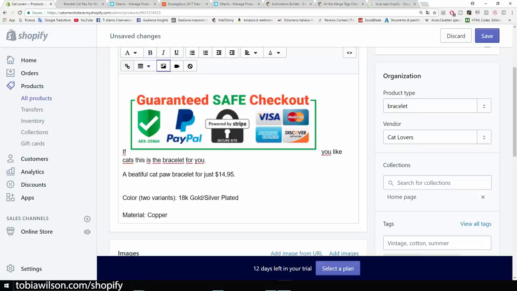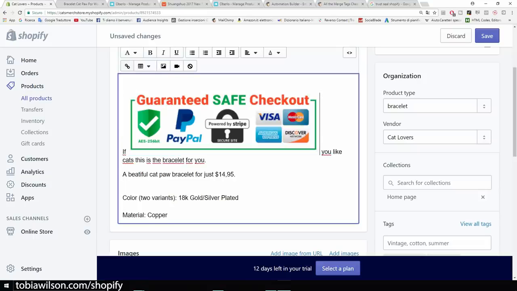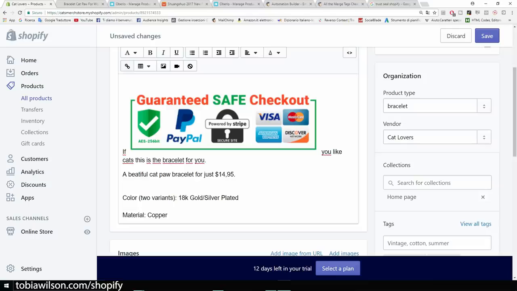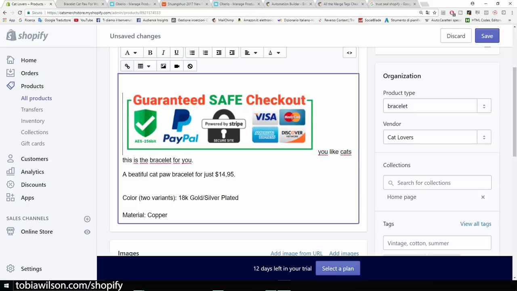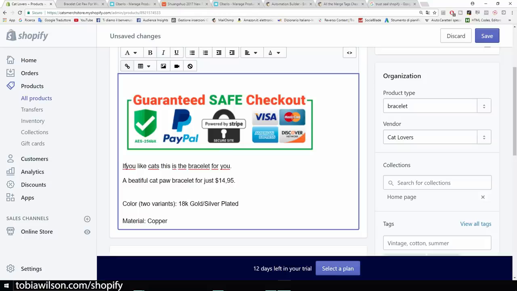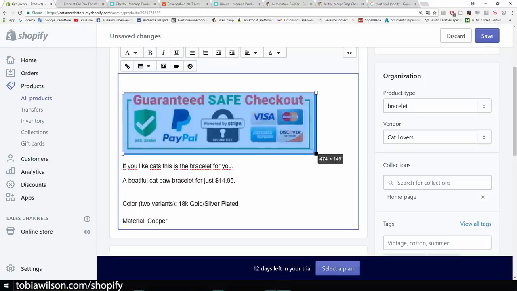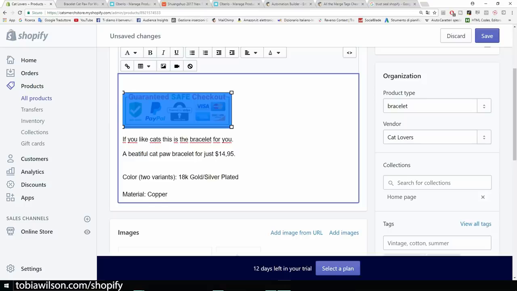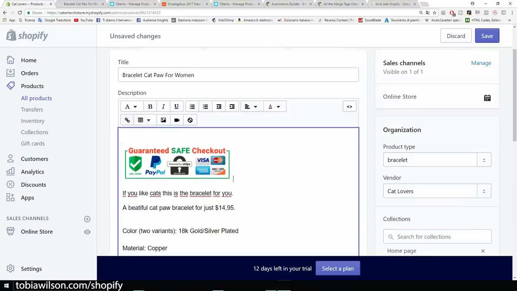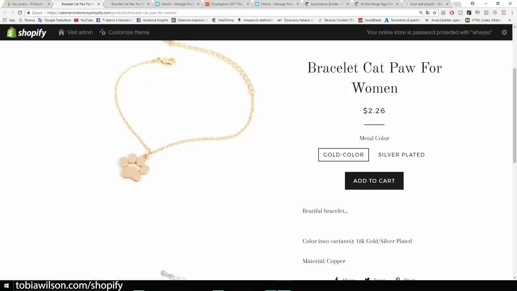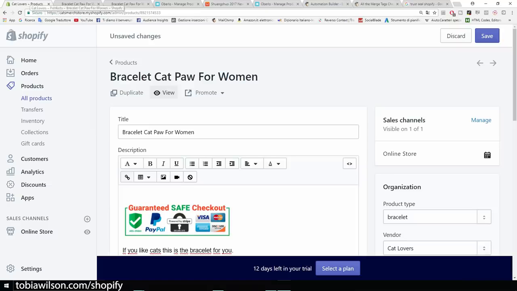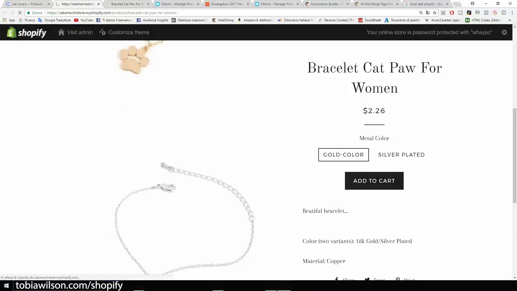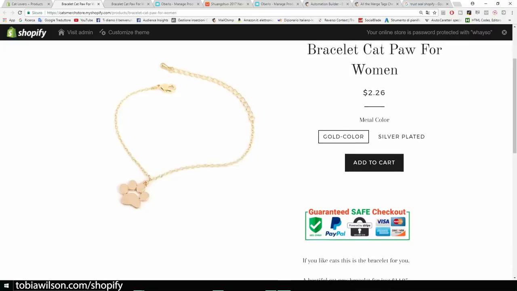Alright, right now it's gone in the middle of the text and I don't like this, so let me fix it very quickly. And then it's also too big, so we want to make it smaller. Guaranteed safe checkout. Let's check out the page. So we didn't save, that's why it doesn't appear. So let me refresh this. Yes, it does look